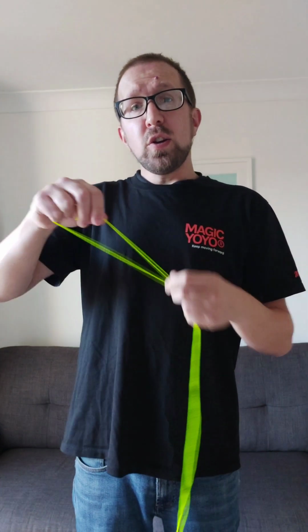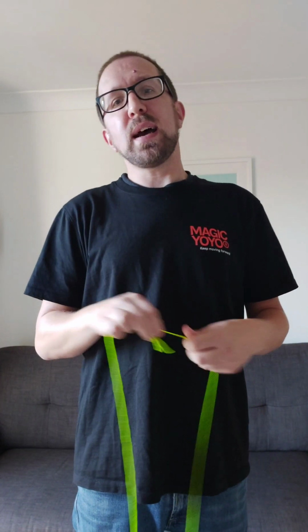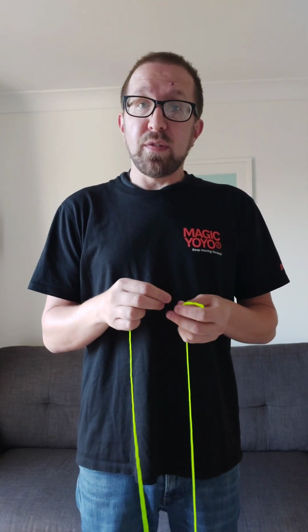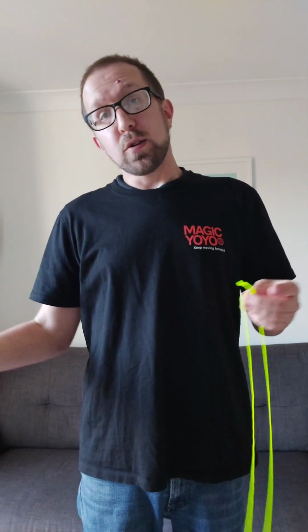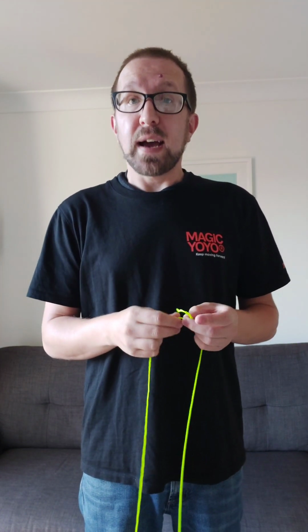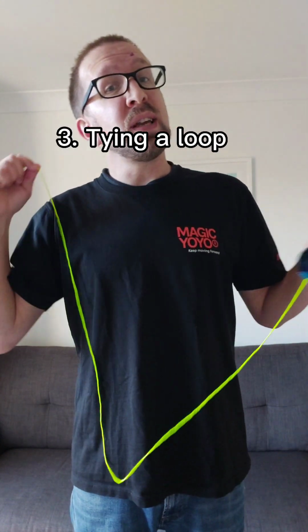So, a good measure of how long you want your string to be ordinarily would be to have it around your belly button. However, you can play around with it. But start off around the belly button length, and then you can tailor it to how you want it to be. So we need to figure out how long we want it to be, and then we need to tie